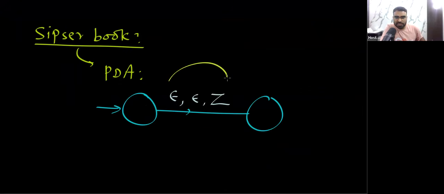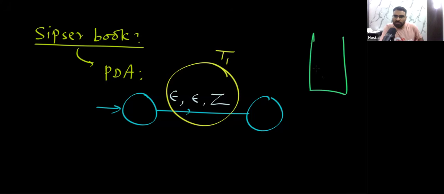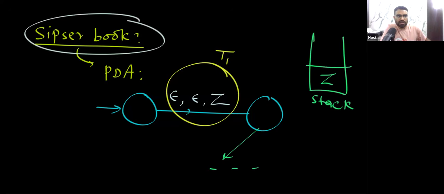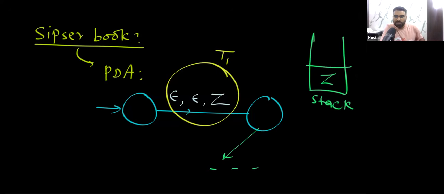From the initial state, the CIPSR will make this transition T1. Using this transition T1, it will put this symbol on the stack. So I hope you understood. This is what the CIPSR will do in every PDA. Initially it will put the initial start stack symbol, or I can say the bottom of the stack symbol. It will explicitly make a transition to put this symbol in the stack. So this is the idea.